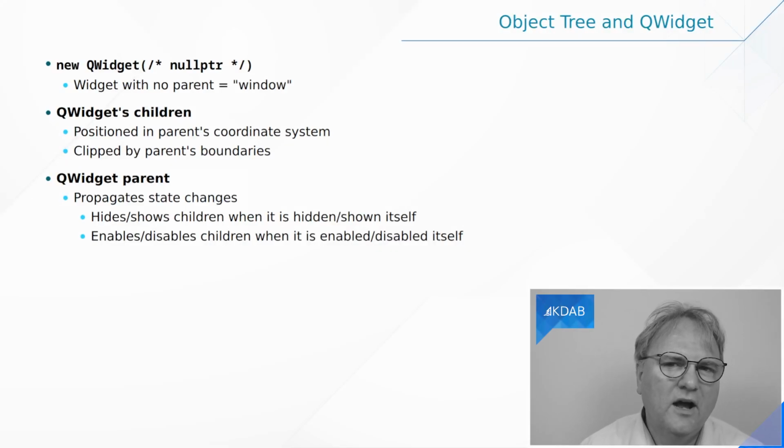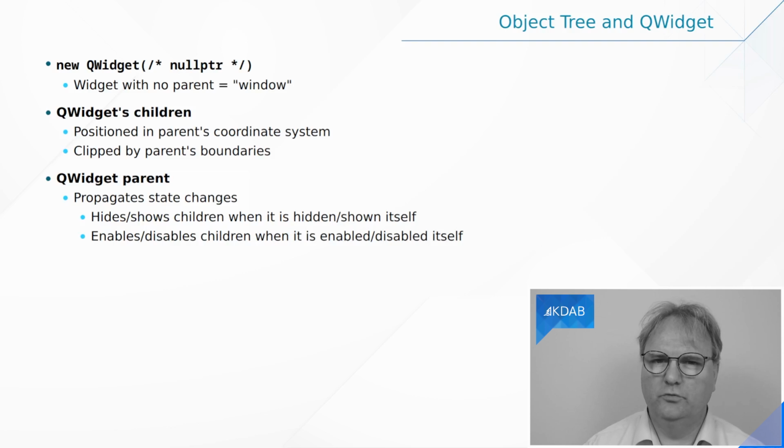There's one more thing on the parent-child relationship of widgets, and that is propagation of events, or certain events at least. First of all, if you hide or show something, then all the children will be hidden and shown together with it. It would be really weird otherwise, wouldn't it? Imagine that you had a dialogue and you hid the dialogue and all the decoration of the dialogue would go away, but all the children would still be on the screen. Showing a dialogue, it would be similarly weird if all the children would not be shown, but only the decoration of the dialogue. But there's a catch to it.